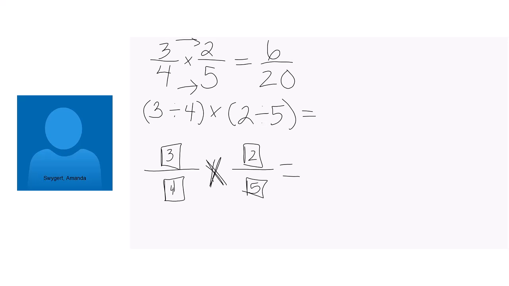Okay, now I'm going to go back. If you typed it in just on the calculator, the 3 divided by 4 and then times the 2 divided by 5, you should have gotten a decimal answer of 0.3. So that's 0.3, okay? That's not exactly the way that I got my 6/20, but if you watch, I'm going to reduce this 6/20. They're both even, so 6 divided by 2 is 3, and 20 divided by 2 is 10. 3/10 is what I get as a reduced answer. 3/10 is the same as 0.3. So you are going to get it, but you may need to change it into a fraction.